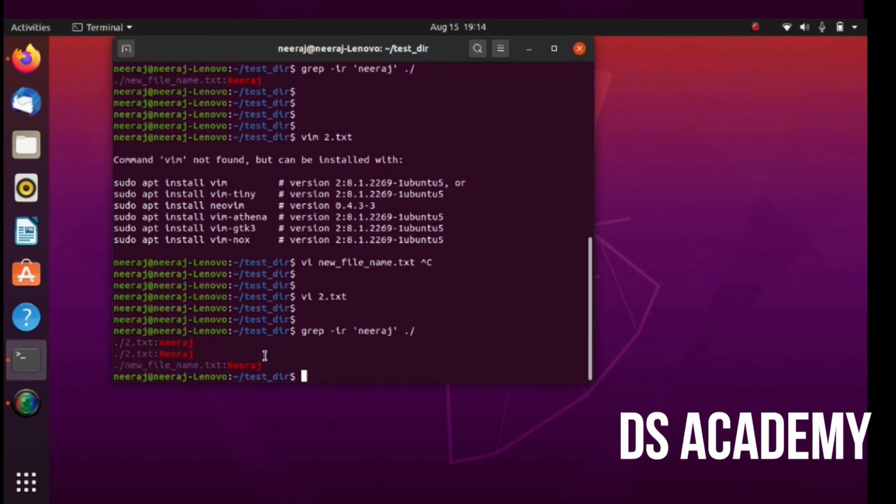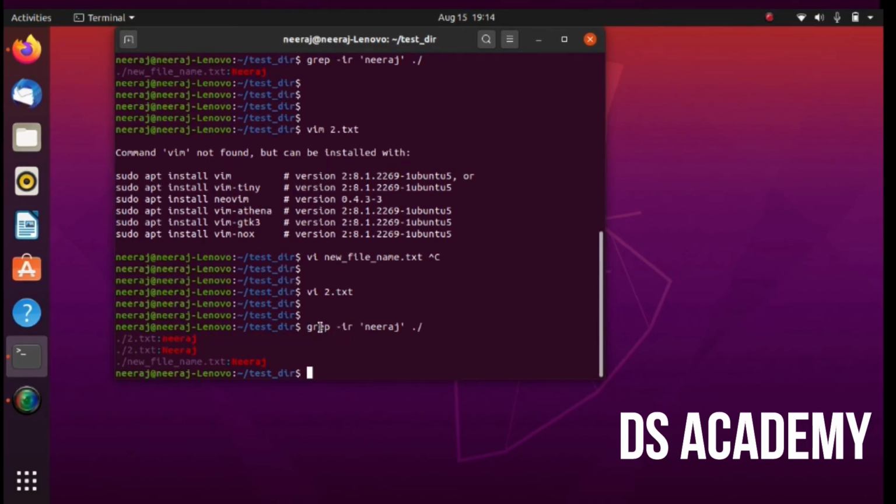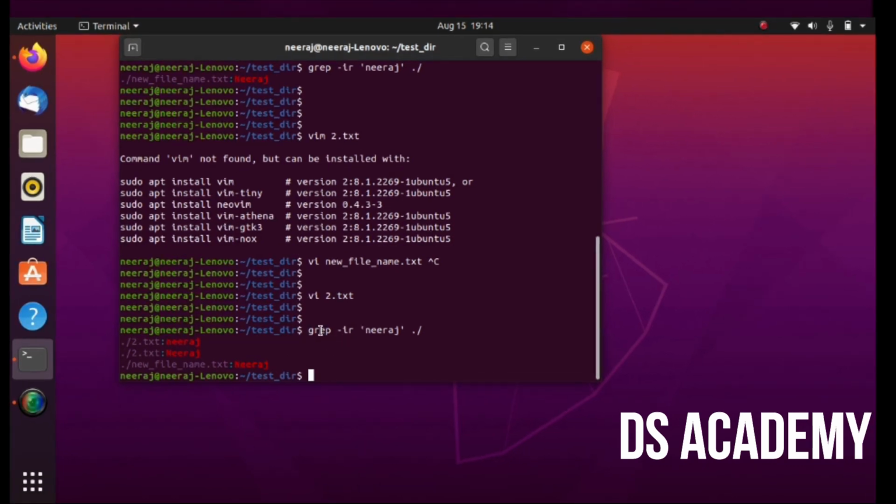So this is how we can use grep command. There are a lot of utilities associated with this command, and this command is extensively used when we are working on some particular project, or we have to look for some text in a particular directory.